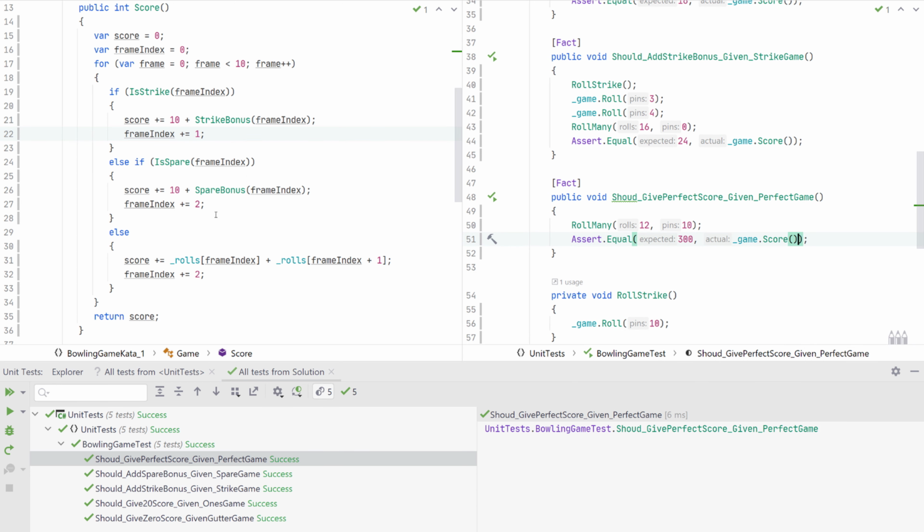So this is the bowling game kata. I hope it showcased how TDD can actually help you drive your code into a good state. This is by no means a complete system. We still have the potential to add stuff like input validation to make sure that we can't do invalid stuff. We could also add some additional requirements that it would be able to calculate a running score and other aspects of the bowling game.